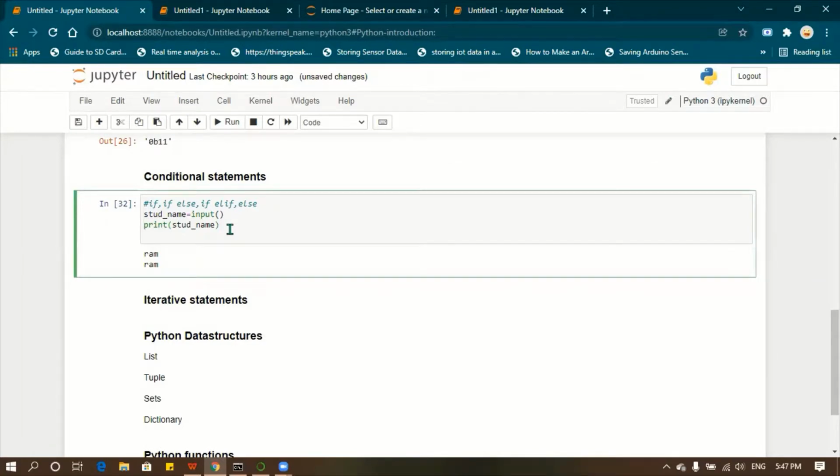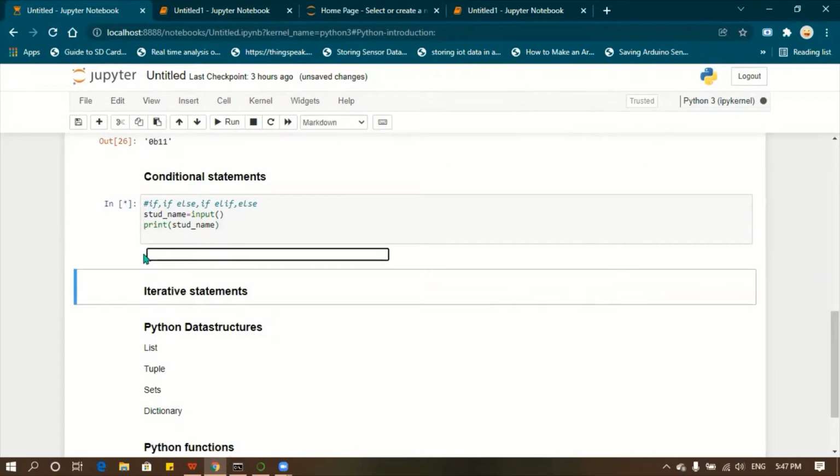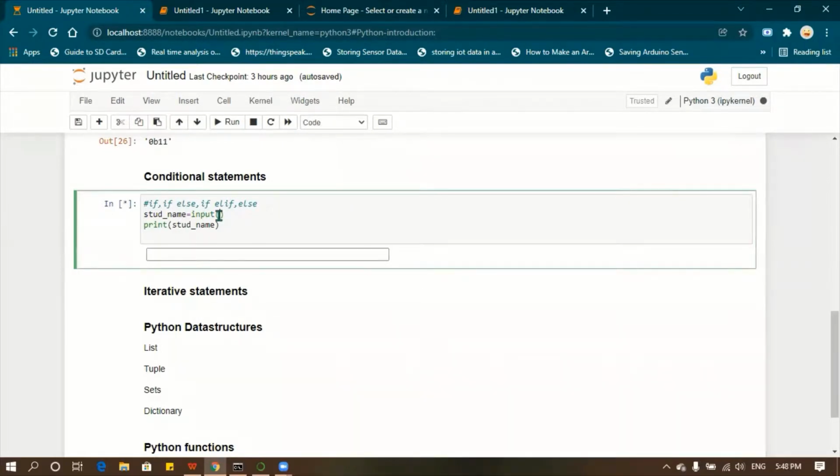If I run this, it is simply showing the box. It is not saying what to enter there, right? So at that time you have to tell the user what they have to enter there.